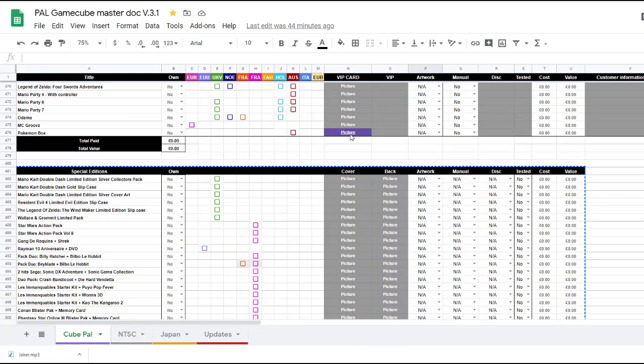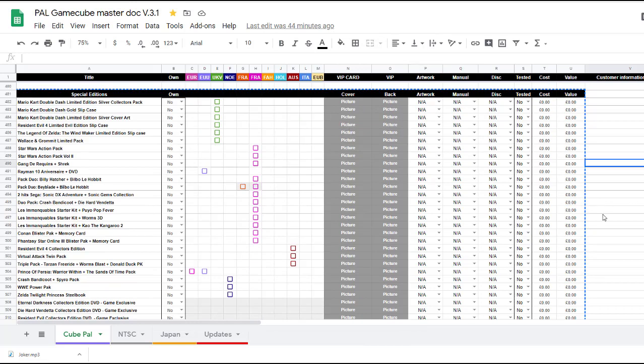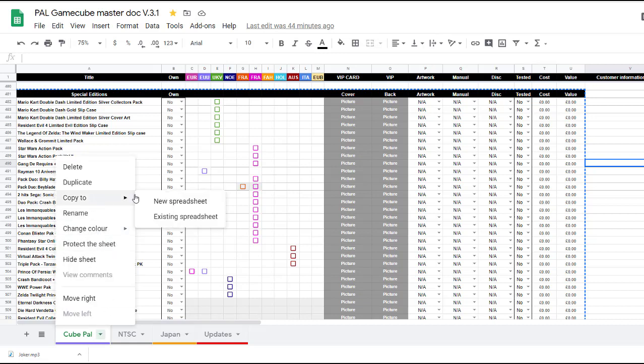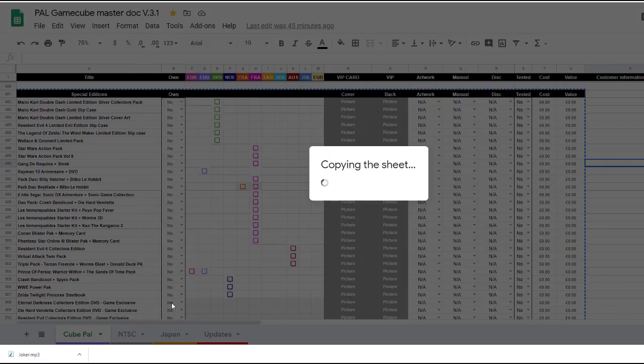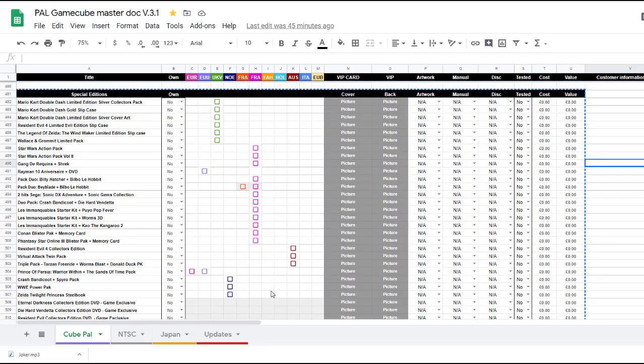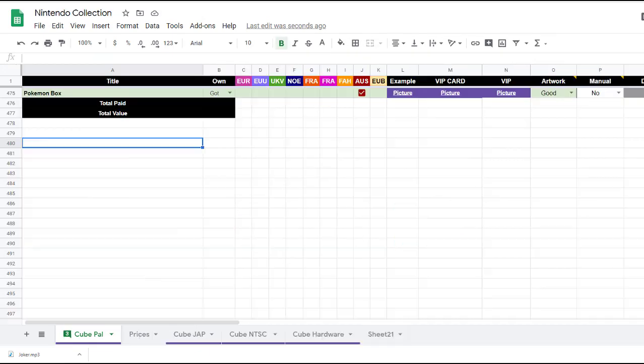So because I'm logged in, I can't just cut and paste this into my document because they're on separate accounts. It doesn't seem to like it if it's not on the same spreadsheet. So what I'm going to do is go down to here at the bottom, and I'm going to copy to existing spreadsheet. Yeah, nothing really interesting or data sensitive there. Then I'm going to select my spreadsheet, and it's going to copy over. There we go. And as we can see now, I've got a copy